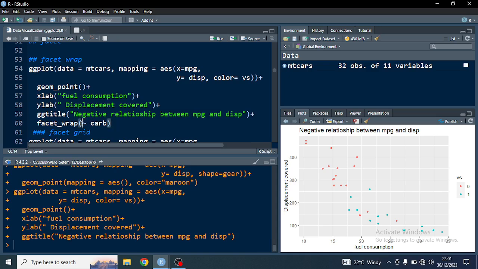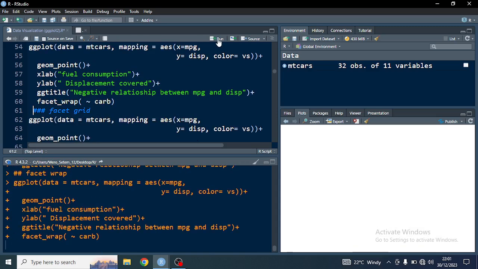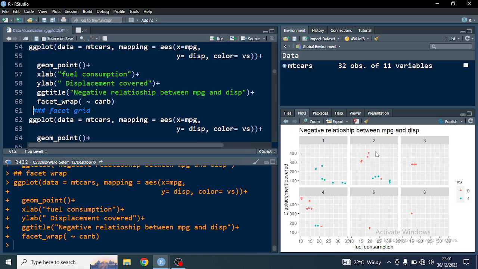This is saying that I want to model this graph as a function of car carburetor. So if I run this, and here it is, you can see this graph has been broken down based on the car carburetor. So these are the cars with carburetor 1, and you can see the cars with